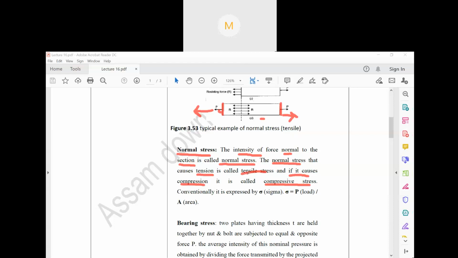This is called tensile stress, right? So this is called tensile stress. Again, here it will be a pull. So this is tensile. Now, for the system to be compressive,